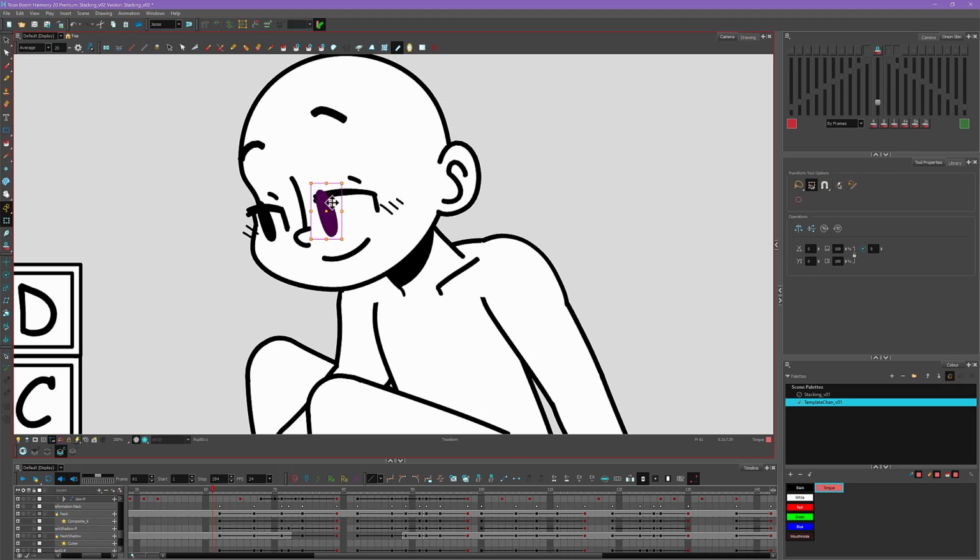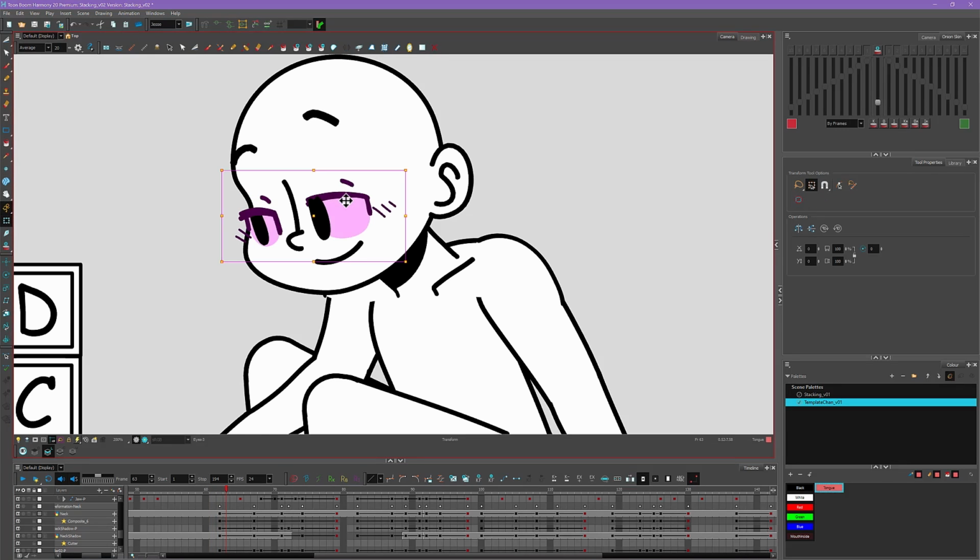And for every frame that the blink is happening, we need to create a duplicate frame, use our cutter tool, and just make sure to get rid of the top of the pupils there for all of those frames. So again, select the other pupil, create duplicate frame, use our cutter tool, delete that, go forward a couple frames, do the same thing, select our next frame in our blink, select our eyes, create duplicate frame, use our cutter tool, get rid of those eye shapes, get rid of the amount of pupil we need to.